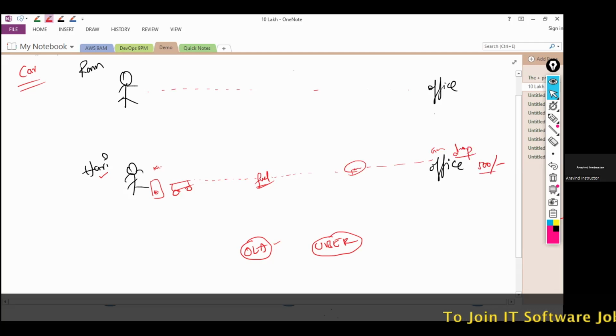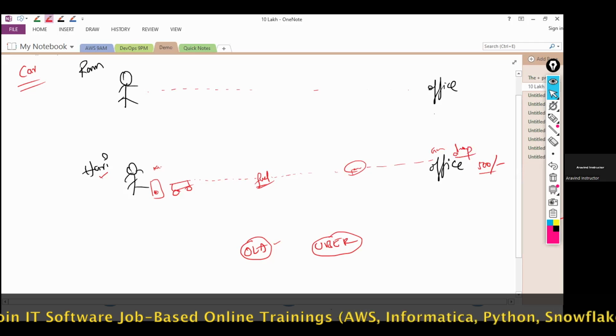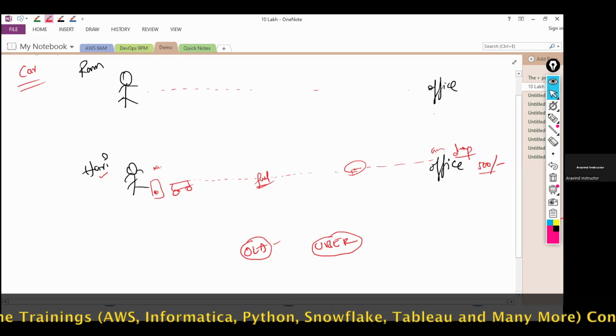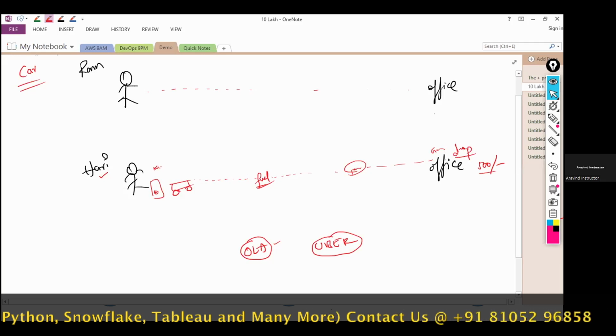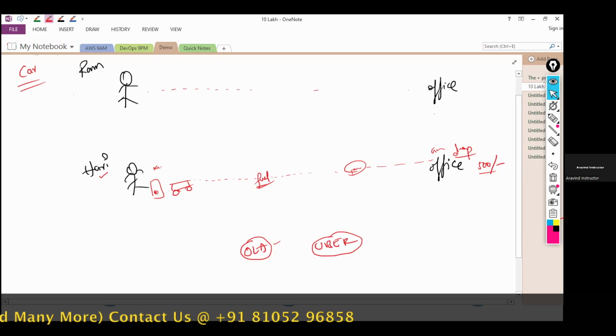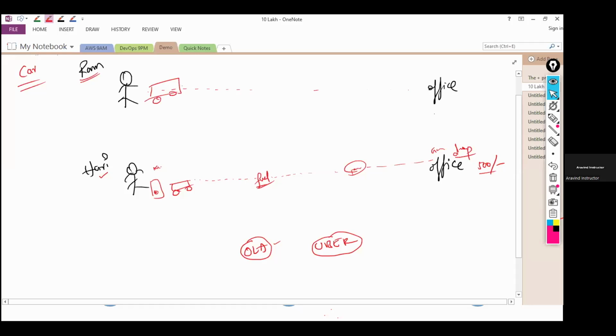That's it. From then onwards, there is no relation between this car and Hari, because Hari just utilized the services of Ola. Whatever they charged, he paid that. He utilized services from Ola, paid the money and left. But it's not the same with Ram. Ram has his own car. Ram is going to office in his own car. If there is no petrol, who will fill the fuel? He has to fill the fuel, because this car belongs to Ram. Ram is the owner of that car. Again, while going to office, if the tire is punctured, then he has to change that tire and go to office.